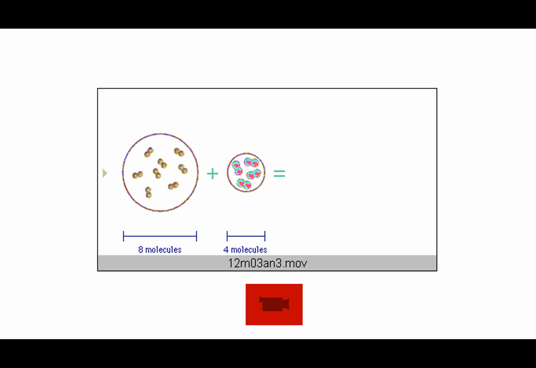Avogadro's law, looking at number of moles and volume, actually has some implication in some stoichiometric calculations. I'm going to give you a couple of hints as to how that would work. I'm pretty sure this little video is going to look at making a water molecule from hydrogen and oxygen. So, of course, we could take 2 moles of hydrogen plus 1 mole of oxygen, and that will give us